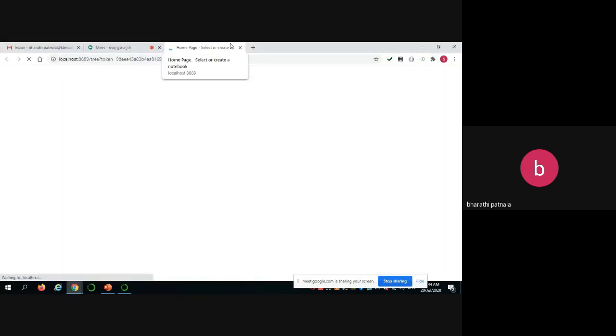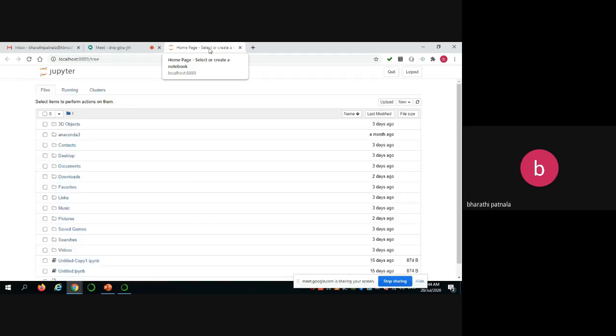So this is the home page of Jupyter Notebook. Here you can see New, and you can click on Python 3.